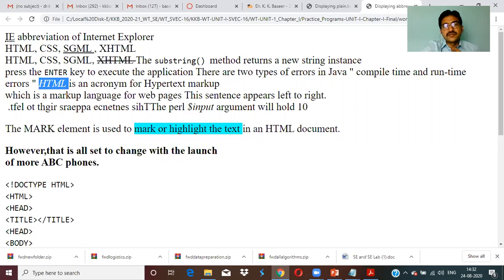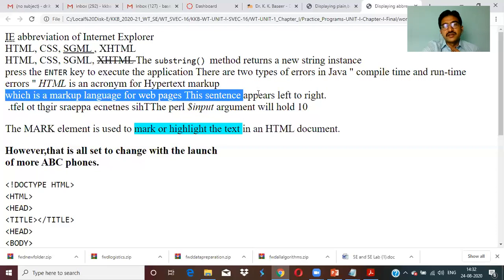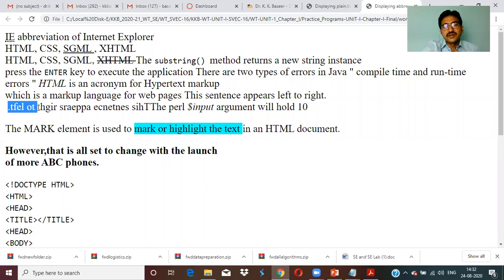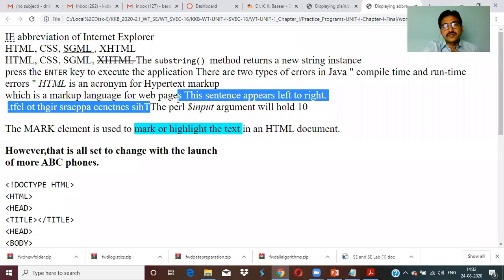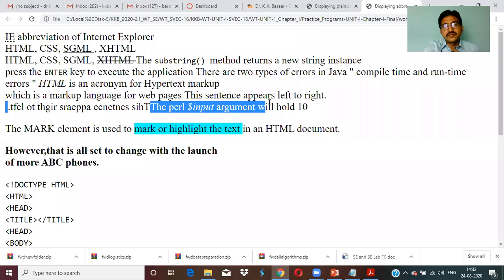Right, the text is left to right, right to left. See, the text is displaying left to right. But if you see here, what will happen? It displays the text from right to left, but not the entire body. Right. So this is left to right, this is right to left. Hope you are observing here.